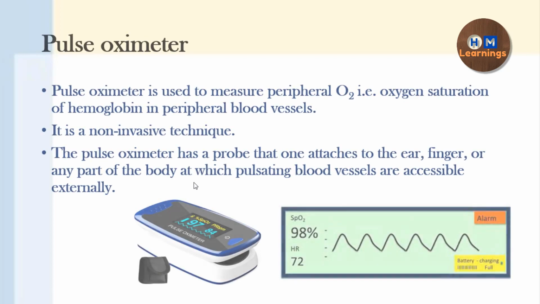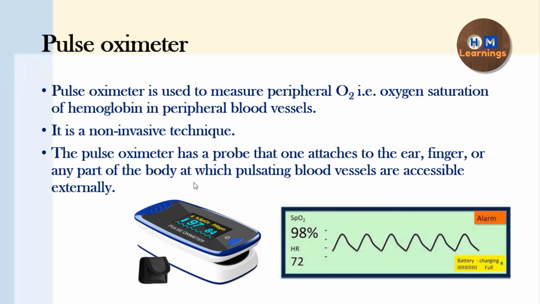So we will start today's video, that is about the pulse oximeter. And in this COVID time, the pulse oximeter is a topic of discussion not only among the medical professionals but also among the common people. So that is why it becomes important to discuss this topic. First we need to understand the definition of the pulse oximeter, what it really does, and then we are going to see how it does it. That is, by understanding its principle we can know how the pulse oximeter measures the SpO2 in the blood, and lastly the limitation of its use.